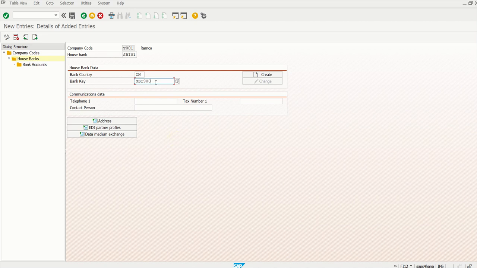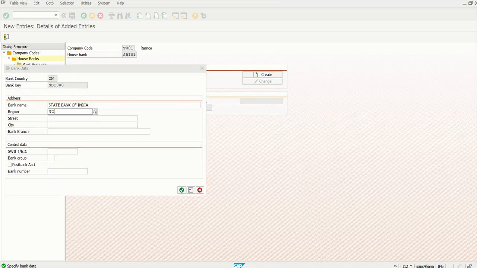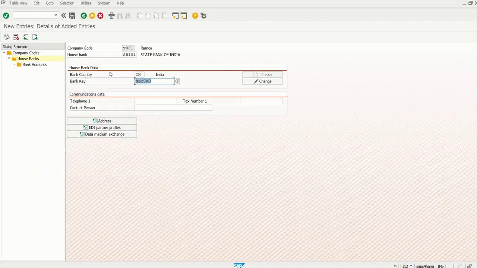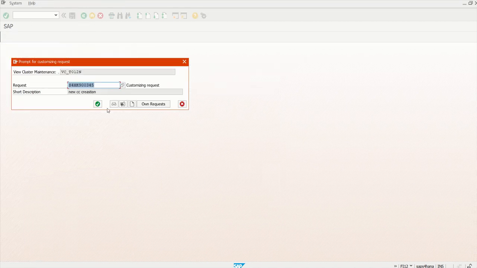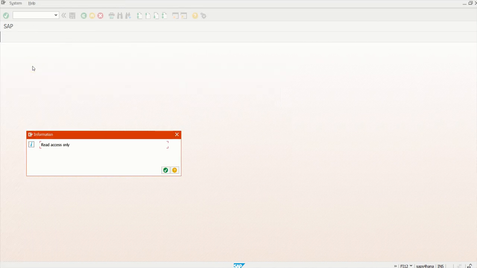So this is the bank key I'm giving. Create, give the bank name, region, city, and bank branch. After entering all the details, click on continue and save. So this is the house bank.